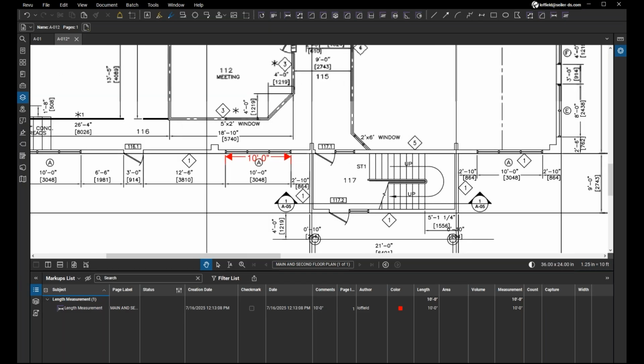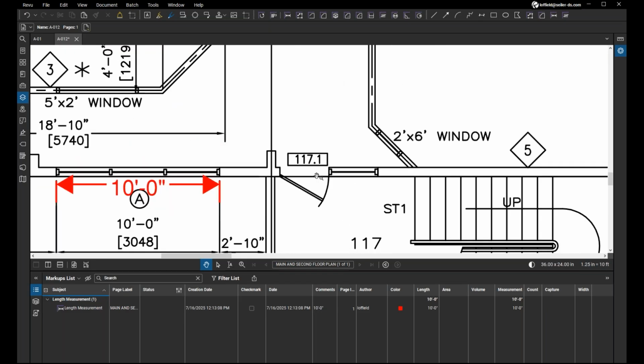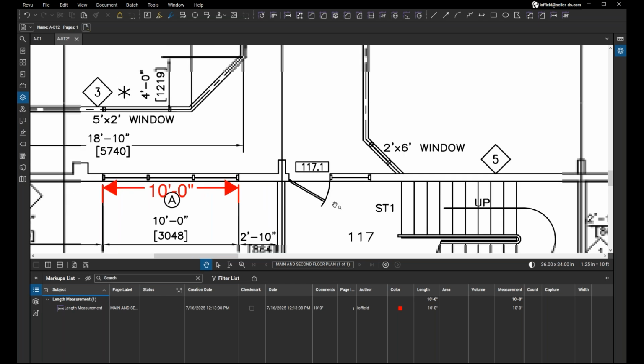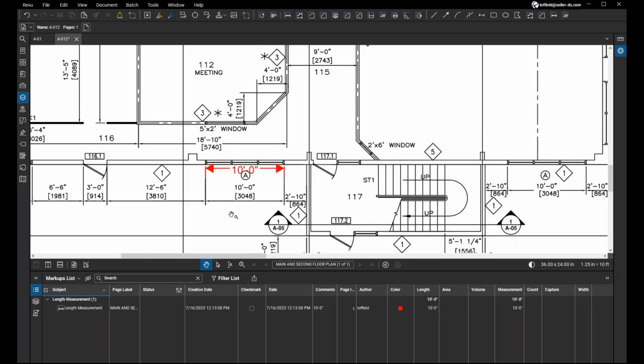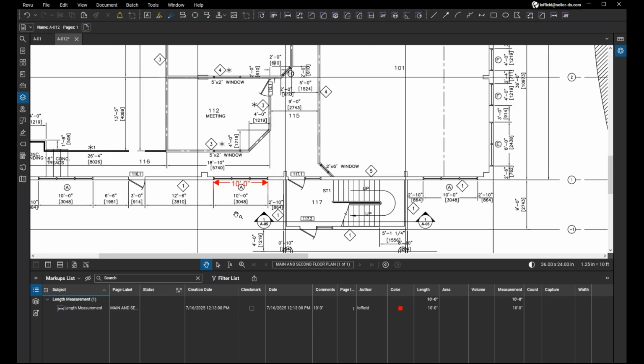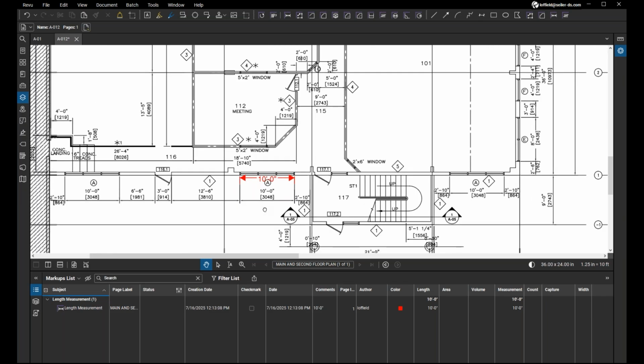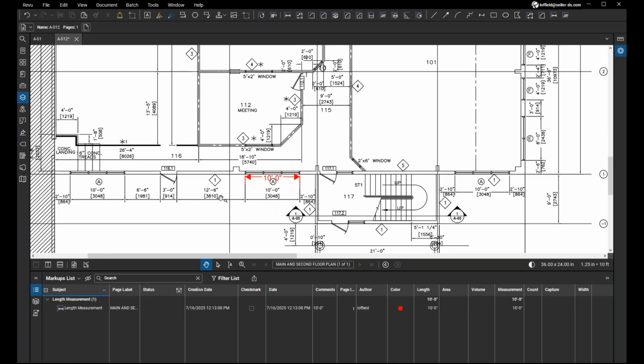You could even make use of something like this, hopefully provided it is a common doorway width, which would be 36 inches. You could even calibrate it to that, and that would also help Revu understand the scale of the rest of the page. And that'll make sure that all of your markups from that point are going to be accurate,